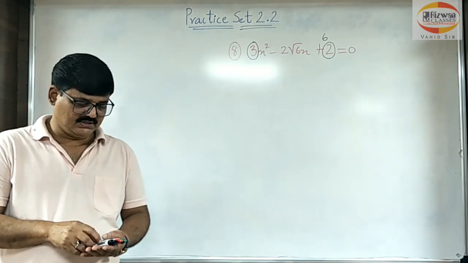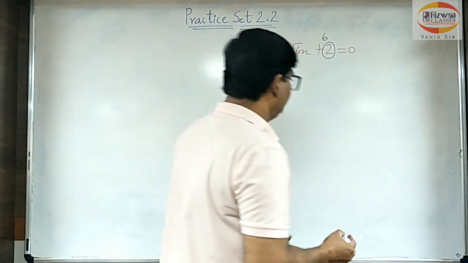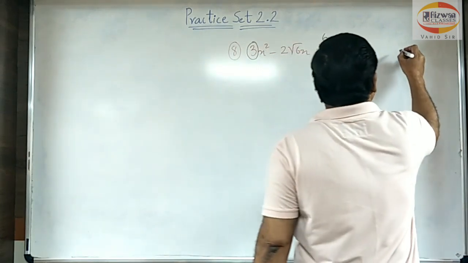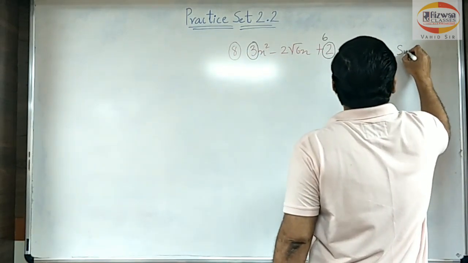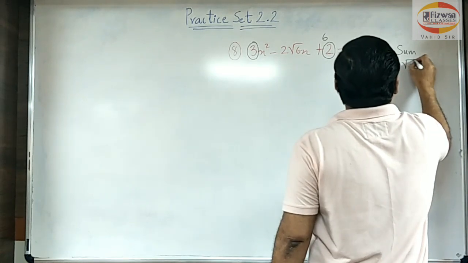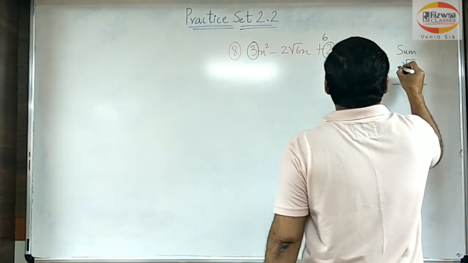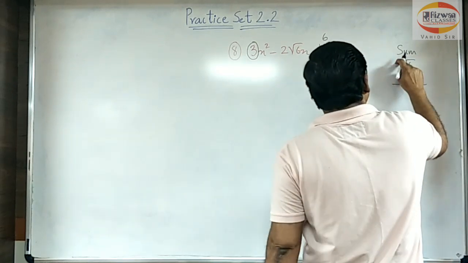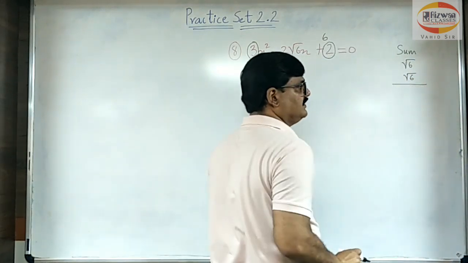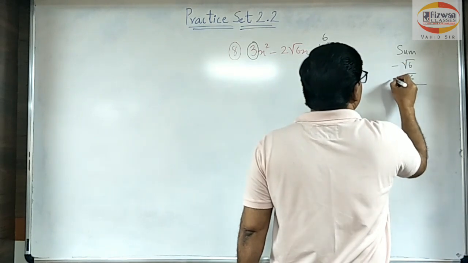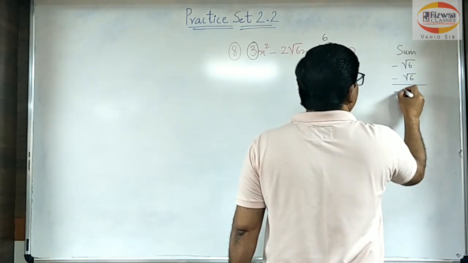So here I'll be doing one direct work. I think I'll show you something over there, the sum. That means I'll be taking the factors root 6 and root 6. Now when I take root 6, and there is no number here, it means 1. You have studied this in your 9th standard, chapter 1. So this will be minus root 6 and minus root 6. That will be minus 2 root 6.